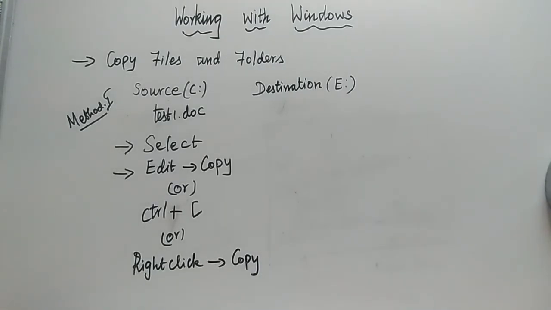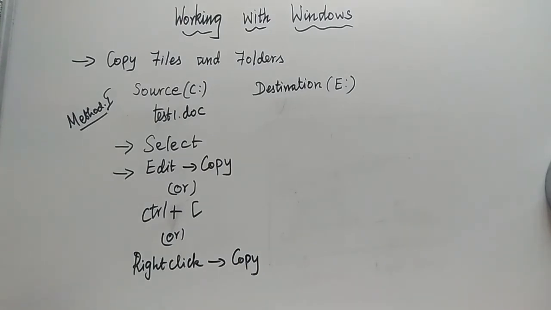So here also you have three ways. The first one is from your menu, that is, you have to select Edit, Copy. Otherwise, you can go with your keyboard combination, that is Control plus C. Otherwise, next you can go with your mouse, that is right click. From that you will have a pop-up, and from that you are going to select Copy. So it is right click, Copy. Now you have copied that. Now at the destination end, you are going to paste it.